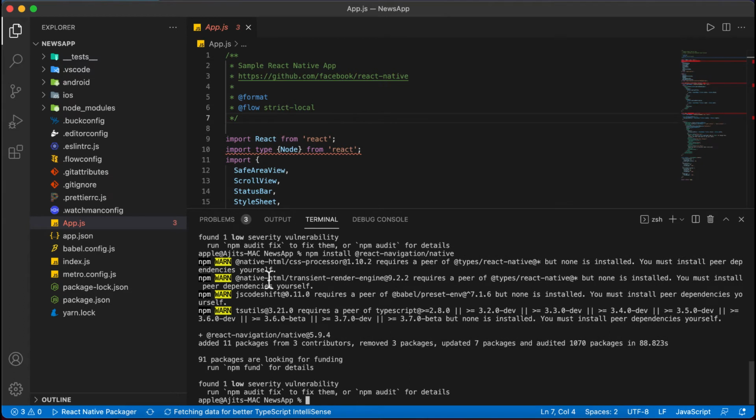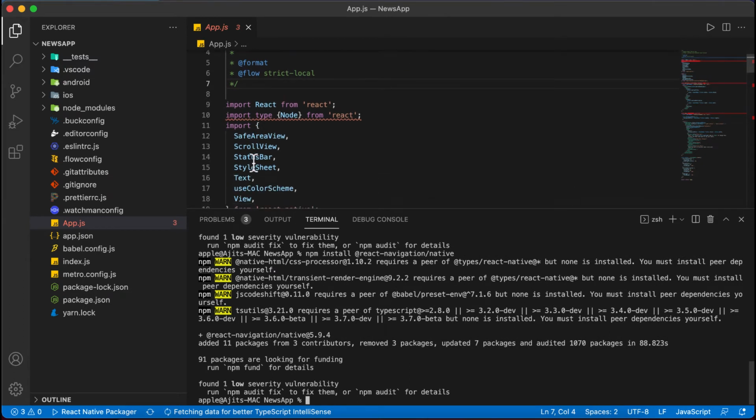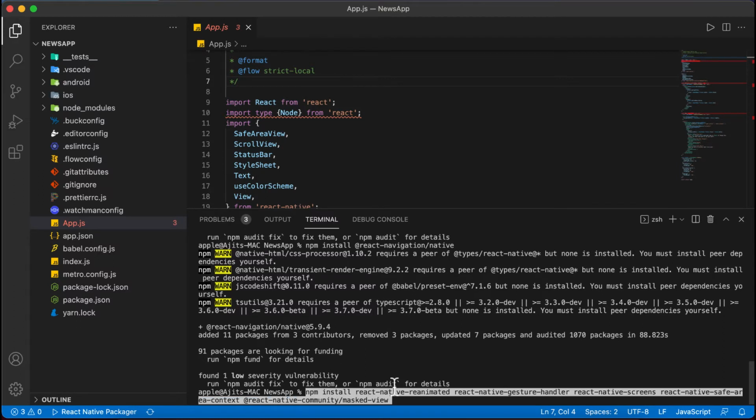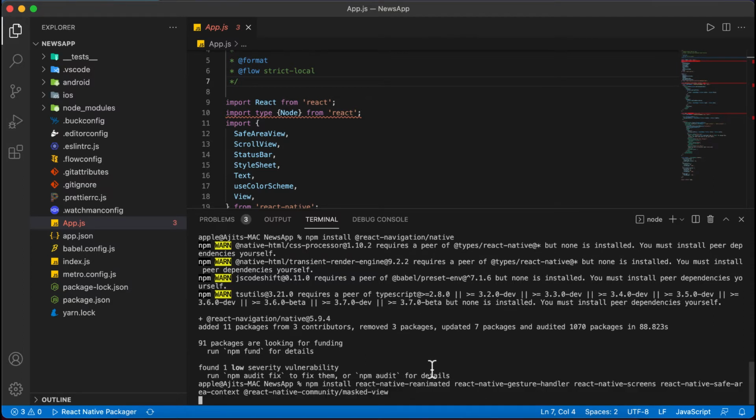And one more thing, if you don't want to install all these things, you can directly clone this project from my GitHub link, and run npm install. Then the project is ready. Then I will paste all the necessary things that React Native needs for navigation.